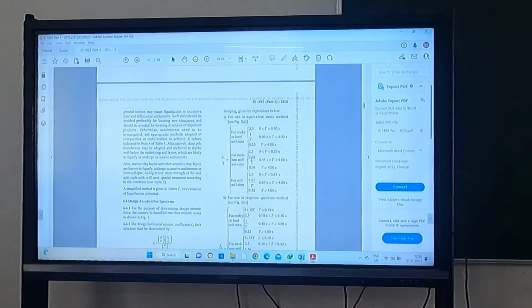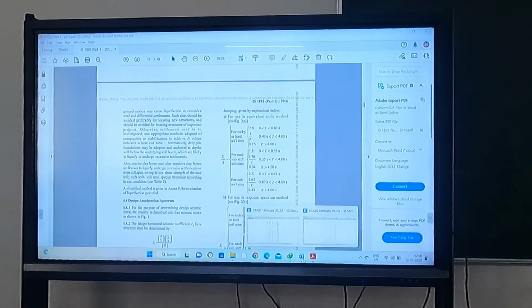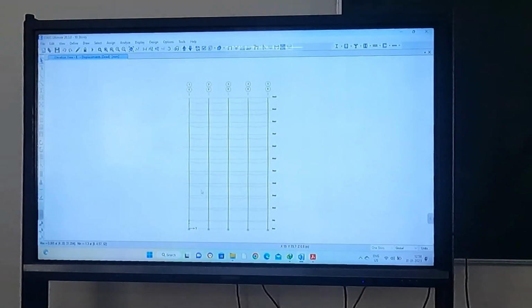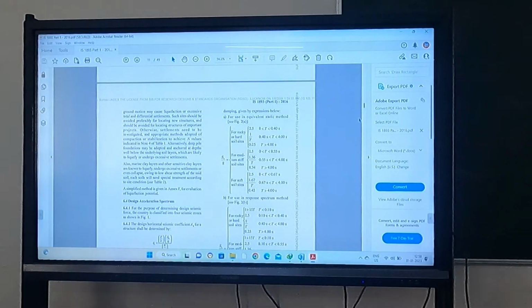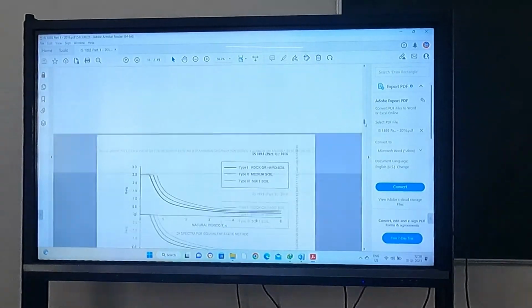So this is same, I think 1.36 by T. So result will be same. Okay. So what we are getting is 2000 something, but what is given in the software is 500 something. Okay. So I will show you how to apply this base shear. And before applying this one, let's see in the code what is given for this condition.